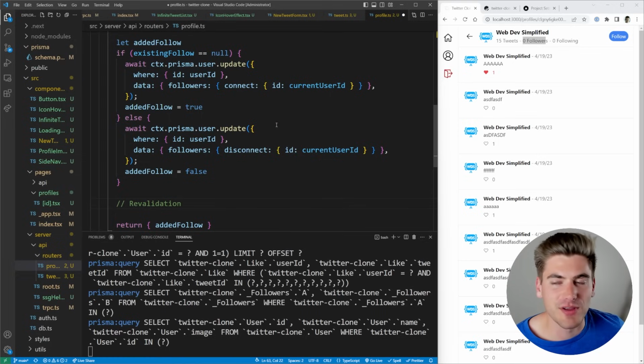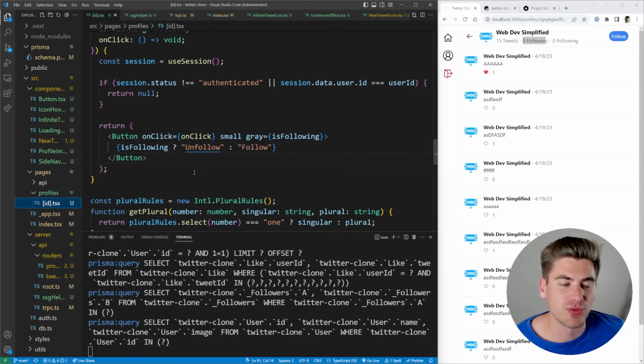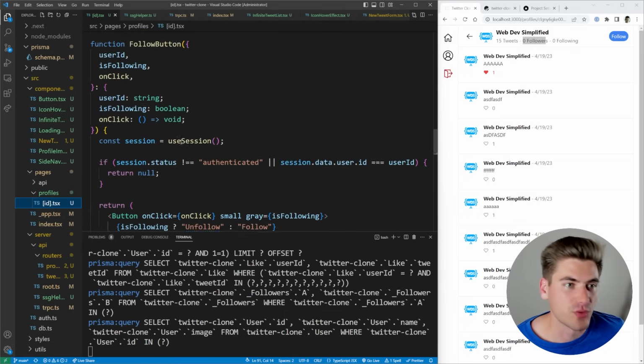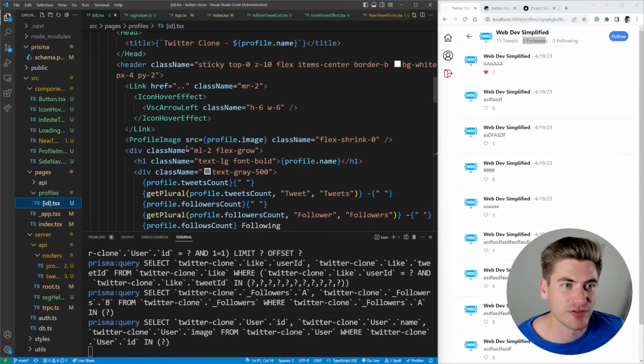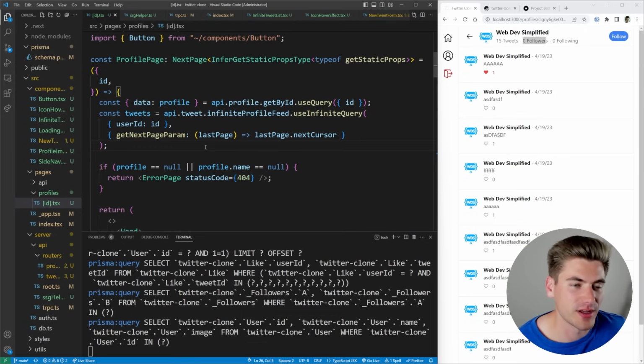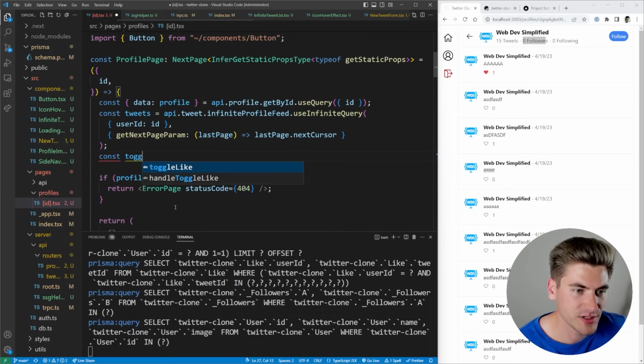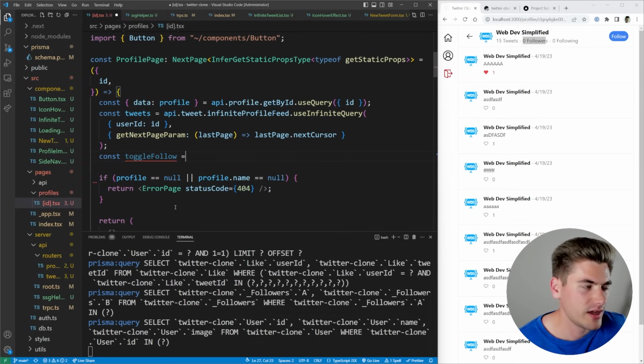And we're going to have to do that every time they create a tweet or every time they are followed or unfollowed. So for now, we're not going to worry about that because we're just going to go to our profile page and we're actually going to make it so that this works. So when we click on the follow button, it actually follows the user. So all the way up here, we can go ahead and do that. We can call this toggle follow. And that's going to be equal to